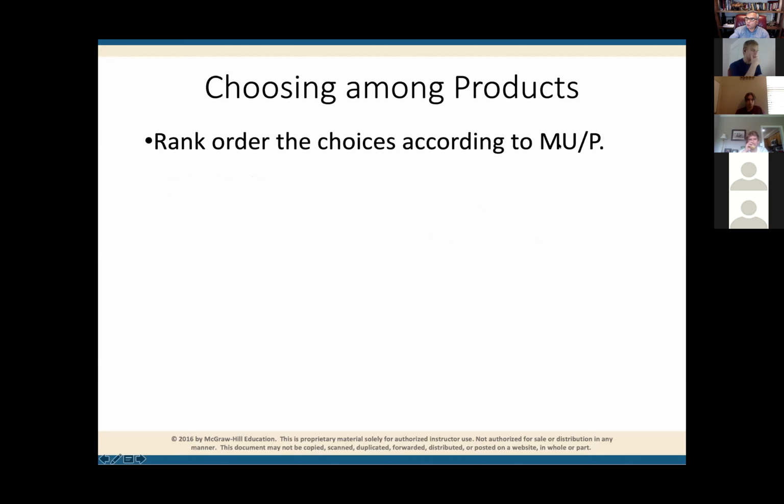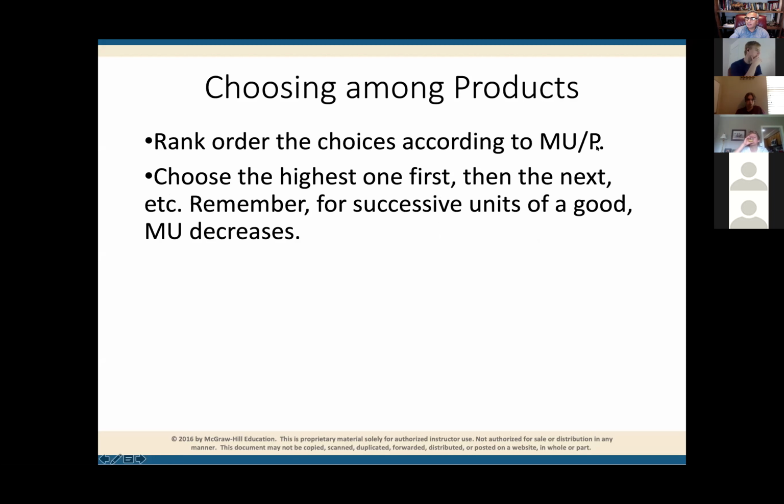How much satisfaction am I going to get? How much does it cost me? And then we choose the one that's going to give me the greatest satisfaction. How do you call it? The biggest bang for my buck. This is going to give me 20 units. It only costs me 2, and so on. And again, rational individuals allocate the resources using this strategy.